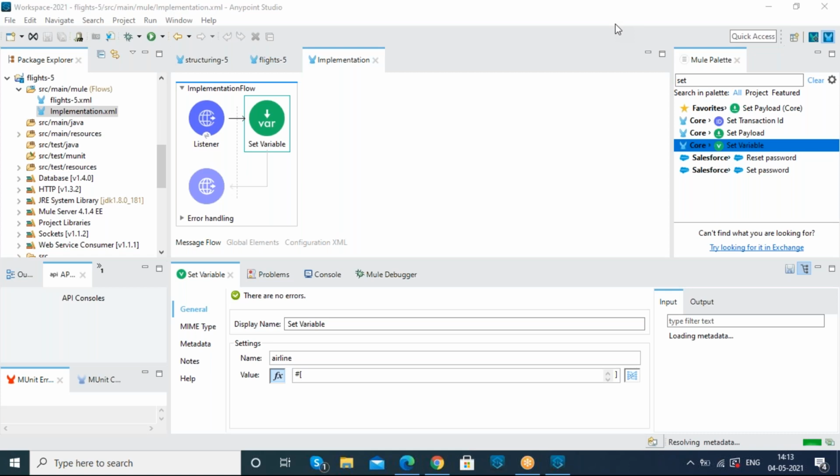So here it is still resolving the metadata.